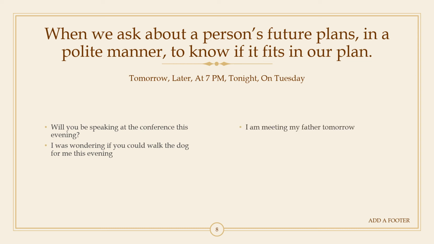Look at another sentence. "I am meeting my father tomorrow." Now there is no politeness involved here, but still it talks about future plans, right? So it means that you're telling somebody else that you are not free, politely. "I am meeting my father tomorrow." Look at the next example: "Was your daughter playing football yesterday?" Again, an interrogative sentence. Look at another example.